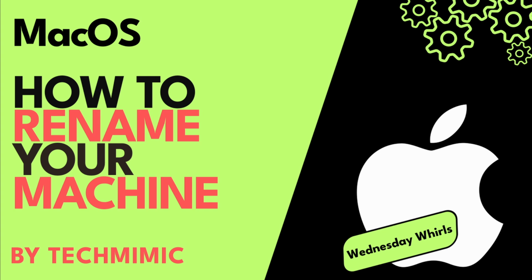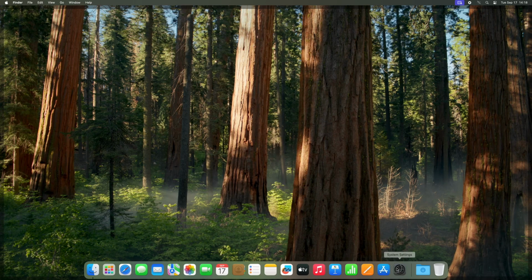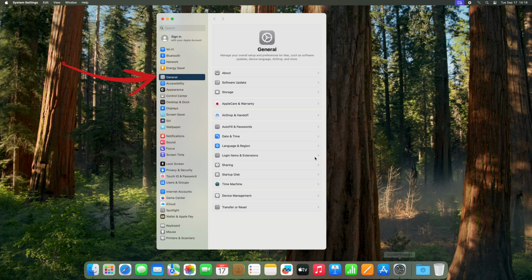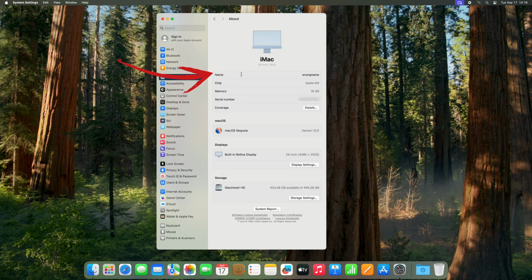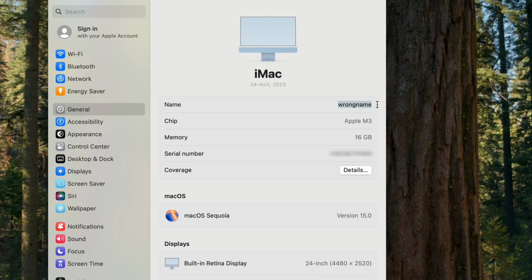Let's say that you want to rename your machine in macOS Sonoma or macOS Sequoia. You can view the current machine name by opening the system settings and then navigating to General and About. Under Name, you can see the current name of your machine, but you cannot change it here easily via an